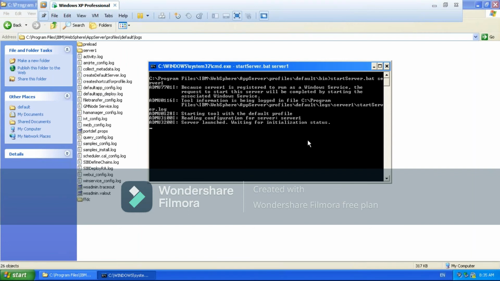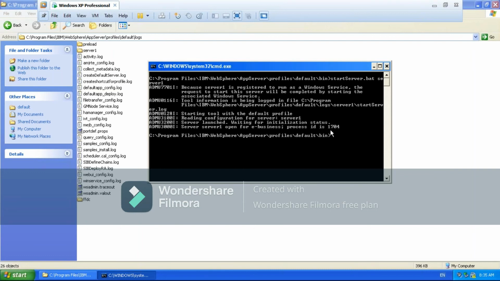Once the server one is started, the console shows "open for e-business" with some process ID, which means the server is started. What is this process ID? It's a very big concept and very logical one to troubleshoot the issues. Remember, for every process, once any Java process is started, it will create one process ID. How this process ID is created and how to troubleshoot, we'll discuss later.